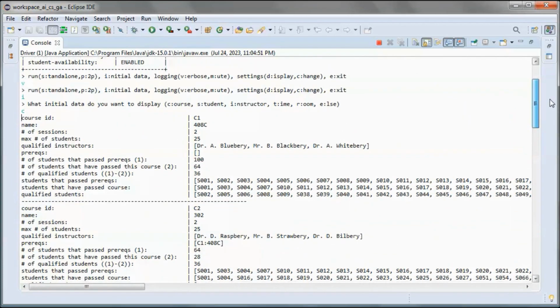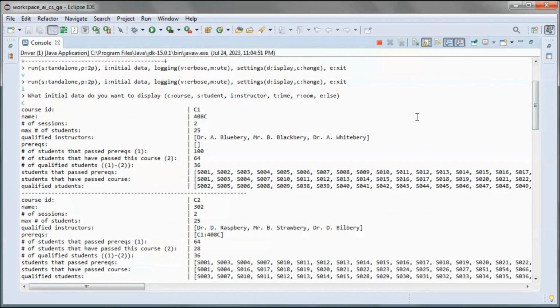We have 9 courses coming from the database, and this course will have 2 sessions, and the max number of students is this number, and those are the instructors that are qualified to teach this course, and it has no prerequisites, and we have 100 students in the system.